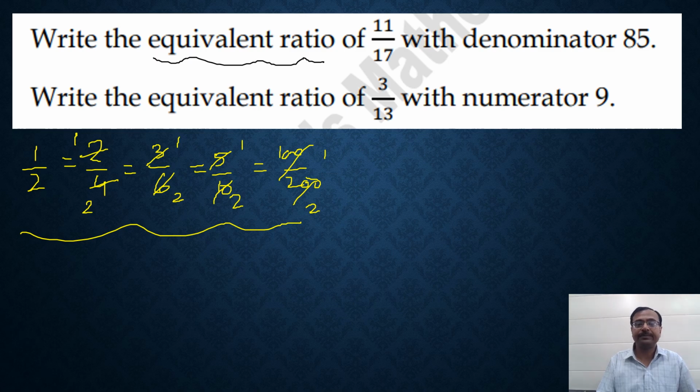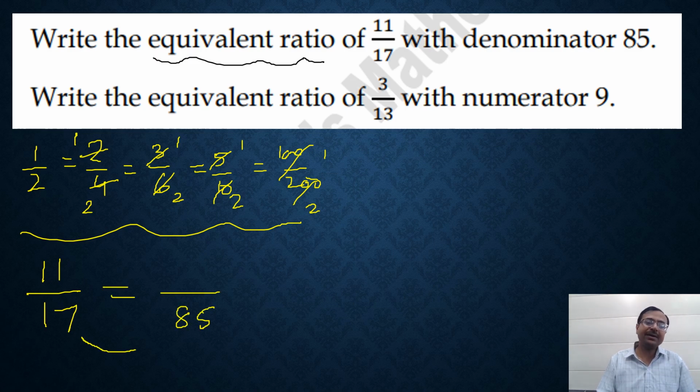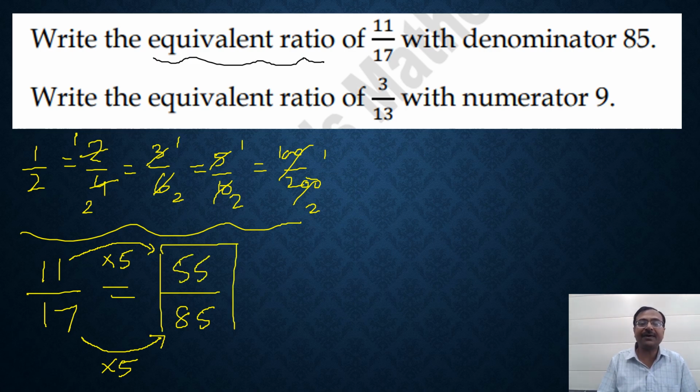Let's see the first question here. We need to generate an equivalent ratio for 11 upon 17 in which the denominator is 85. So how do you get 85 from 17? You just have to think about multiplication and division, not addition and subtraction. 17 times 5 is 85, correct? So what you have to do is just multiply the numerator also by that factor 5. So 11 times 5 is 55